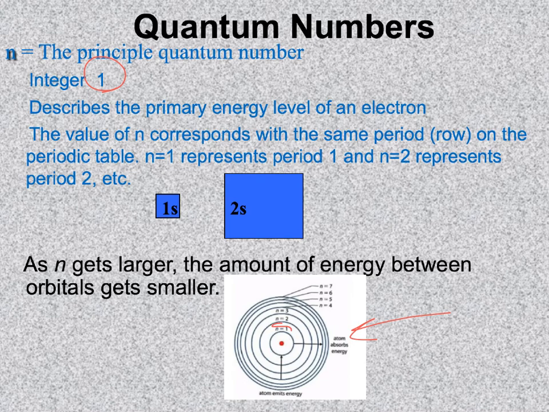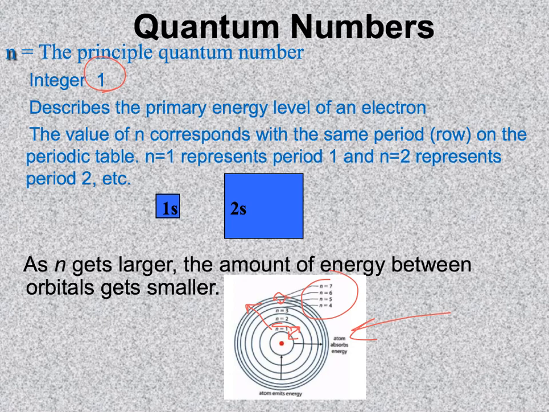One other thing I want to mention to you that's actually an important trend: look at this more accurate representation of Bohr's model at the bottom of the page, and look at the spacing between energy levels as you go to higher and higher n values. I'm hoping you see that the energy gap between n equals 1 and n equals 2 is quite a bit larger than the energy gap between n equals 6 and n equals 7. That's an important